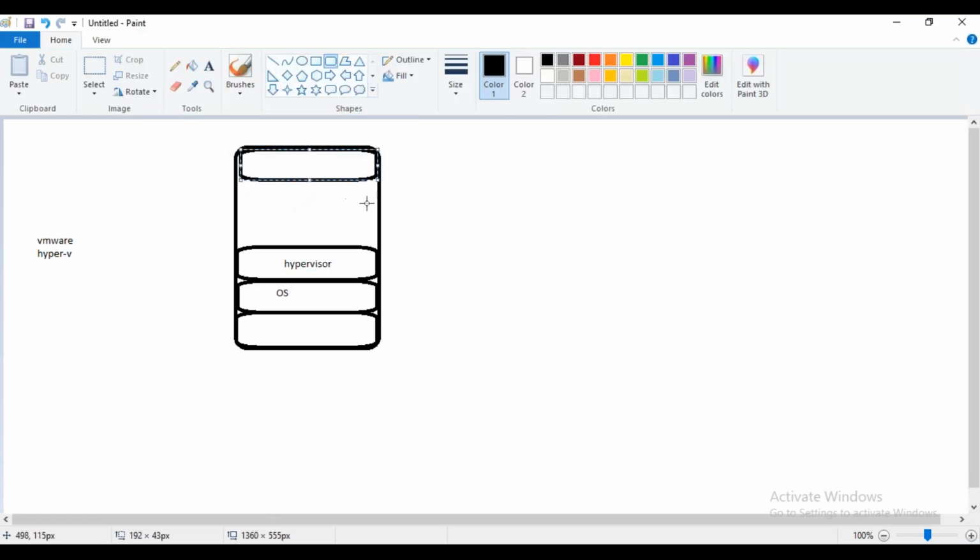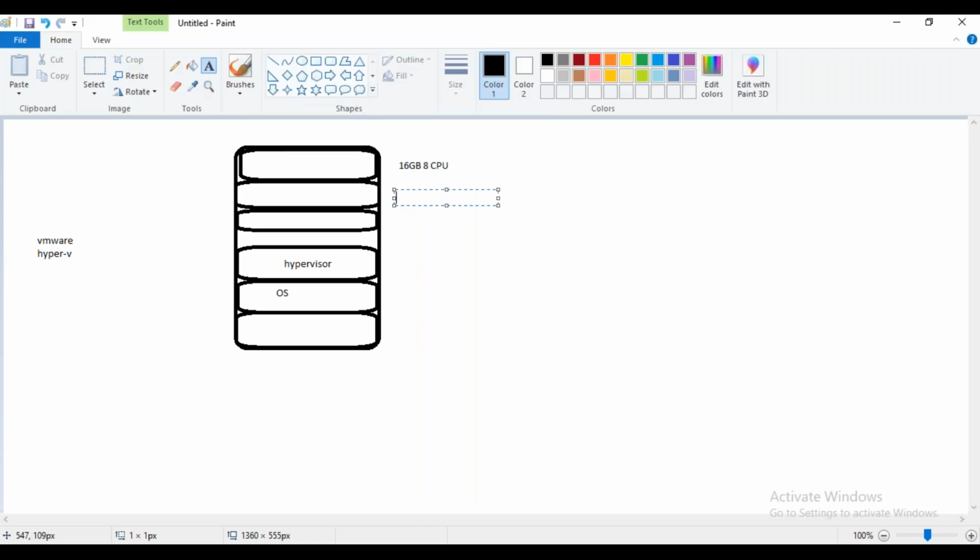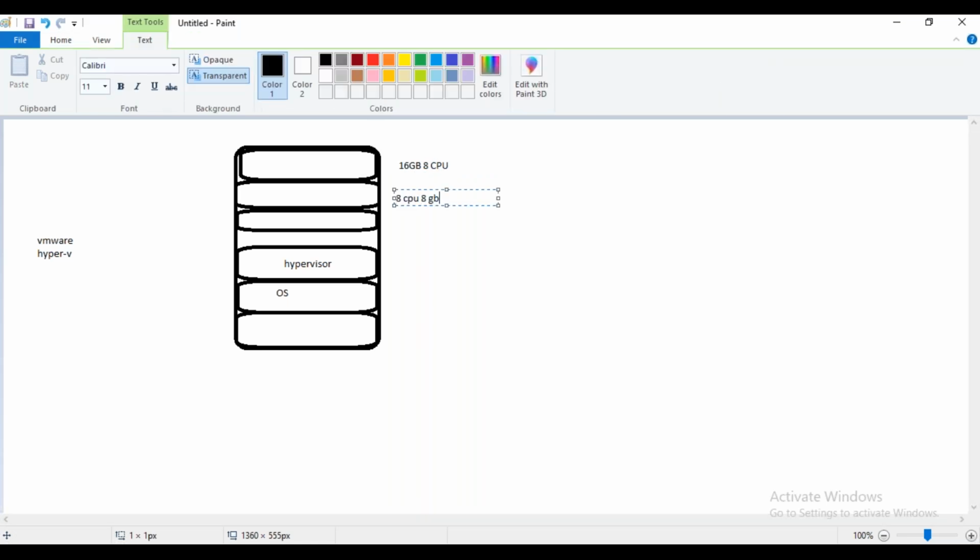How many resources you want, based on that you can create them, and later on we can also increase or decrease the resources. Maybe if I'm allocating 16 GB RAM and 8 CPUs to this machine, then I can decrease it if the applications are not consuming the complete resources. Or if this machine is allocated 8 CPUs and 8 GB RAM and it's performing very slowly because the RAM is fully occupied, then we can increase it. So whatever resources this machine contains, we are going to use in an efficient way. No need to waste any resources.